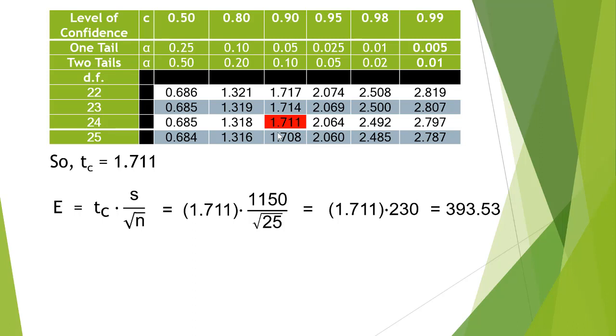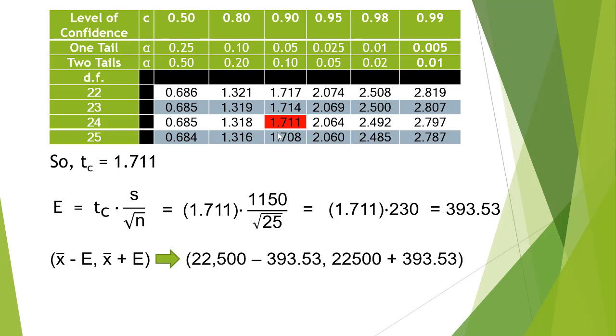Once we've got the margin of error, we're ready to find the confidence interval. The confidence interval is found by subtracting the error from the sample mean and adding it to the sample mean. The sample mean was 22,500, so we're going to do 22,500 minus 393.53 and 22,500 plus 393.53, which results in a 90% confidence interval of